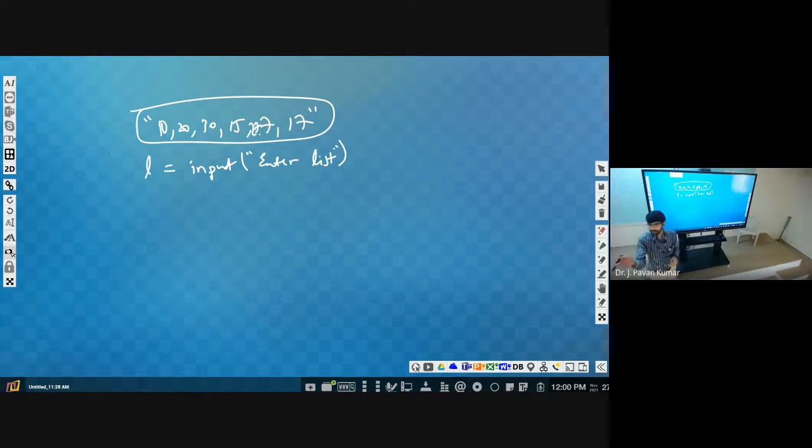For that we have one function called split. Yes, we discussed it or not? Split. Sorry, this is input, split. We have to give a delimiter. What is the delimiter that we are using? Comma. So that comma we will provide. This is the split character.